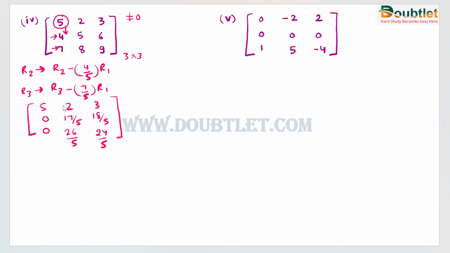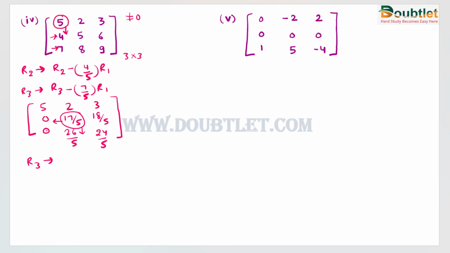Now we will consider the leading element in the second row. In the second row, the leading element should be this one. What will we do? We will check the left side and the bottom side. The bottom element should be 0, and on the left side all the elements are 0, so no need to apply an operation there. For the bottom side, we have to again apply an operation in R3 and make this element 0, but this element should remain 0. If we apply the operation with the first row, then this will become minus 5 or some non-zero value, so we should not do this.